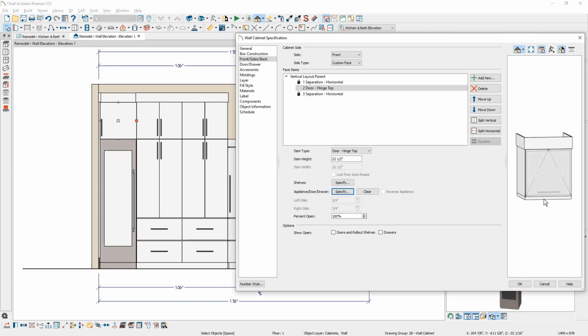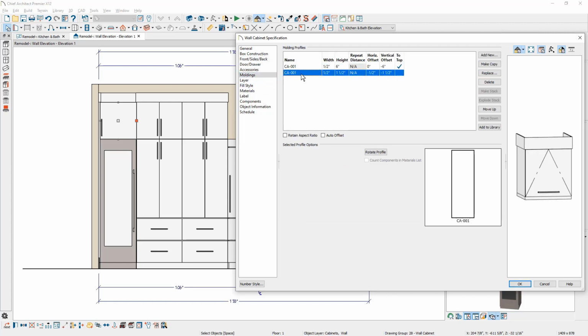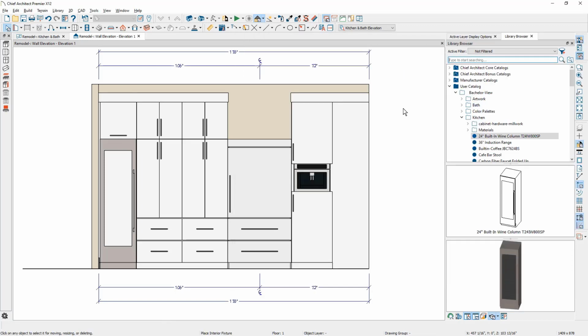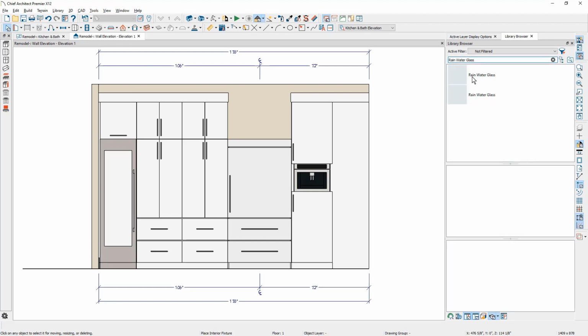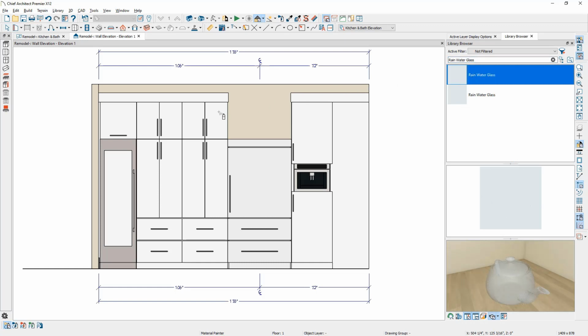And then the last thing I'm going to do for this cabinet is there's a light rail molding on the bottom of it. I'm going to come over to the molding components, find that light rail, and just simply remove it. Now I'm going to change the material on that cabinet. I want to use a rainwater glass, so I'm going to type that in, find it in our library, and then once I've located that material, I'm just going to come over here. I'm going to make sure I spray that in component mode so that the rainwater glass will only go on the component mode. There's object mode, room mode, so you can control those with your material painter.